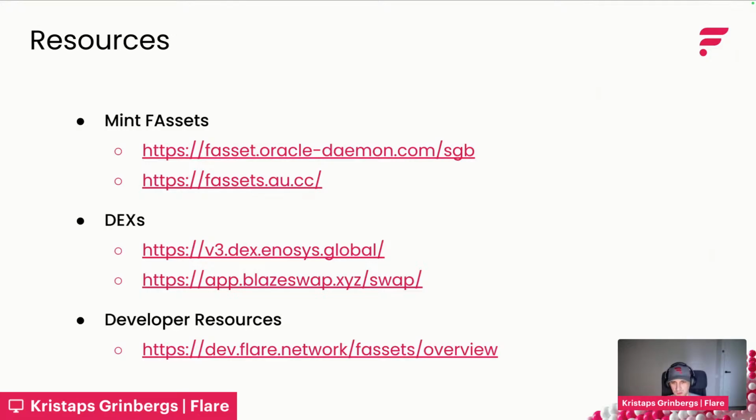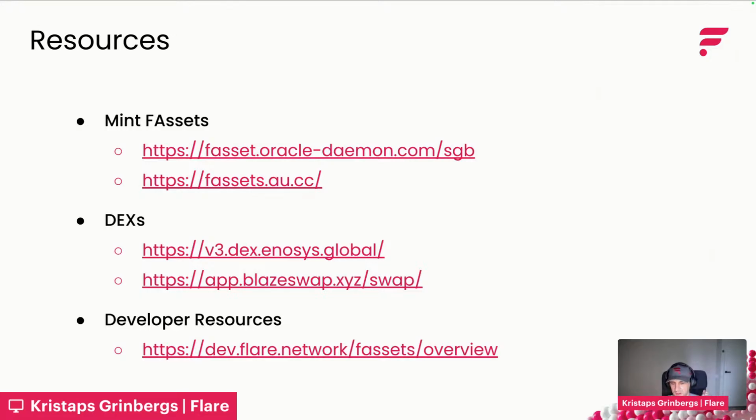These are front-end applications if you don't want to interact with code, but basically they use these functions and contracts that I showed you in the live demo. There are DEXs where you can trade FAssets to other tokens, and developer resources are at dev.flare.network, and then there is